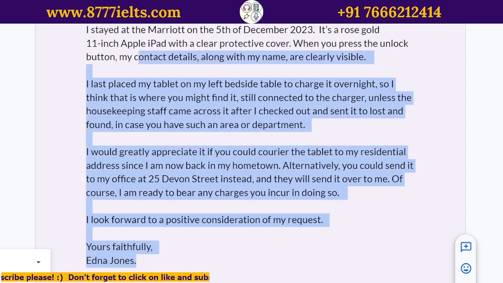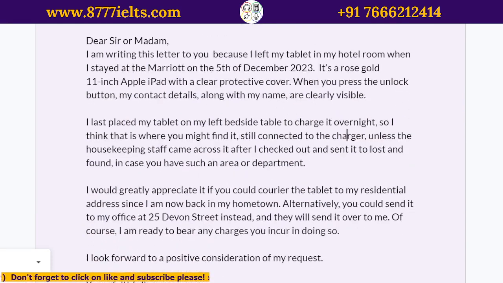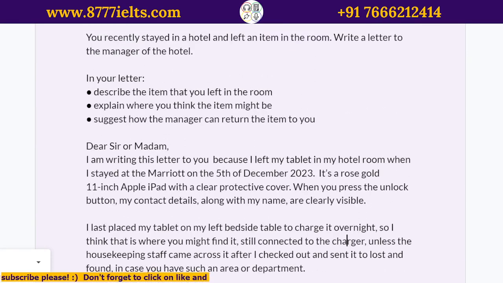Let's have a look at the word count. This is a total of 188. So I'm just going to scroll right here so you can see all paragraphs, in fact. You can pause the screen and have a look. And wow, that took us less than 10 minutes. Okay, so here are all 3 paragraphs. You can see they're roughly the same in size. Roughly, not exactly. If my paragraphs were like 3 lines and then 10 lines and then 6 lines, that would look very odd. It's always nice optically, visually, if it's all roughly the same. Okay, and then you have the ending, of course, and that's the whole thing.